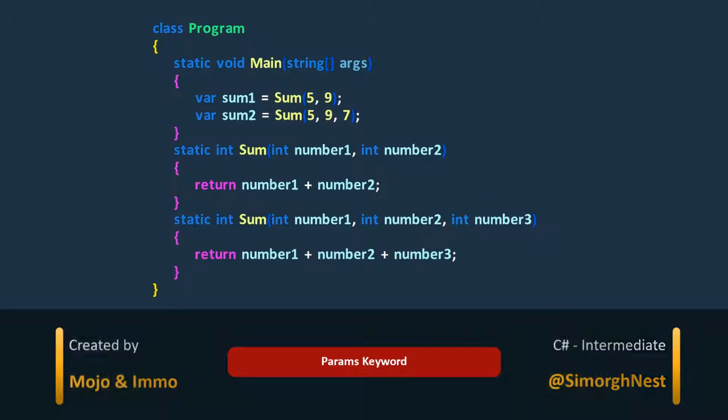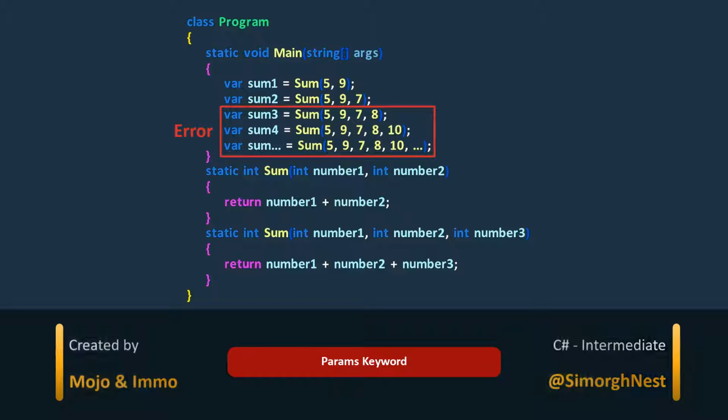In the previous lecture, we discussed calling the same method with different numbers of arguments. For example, a sum method that can add either 2 numbers or 3 numbers. In the examples we used, it was clear how many arguments each method accepted. We knew the sum method could take 2 or 3 arguments.